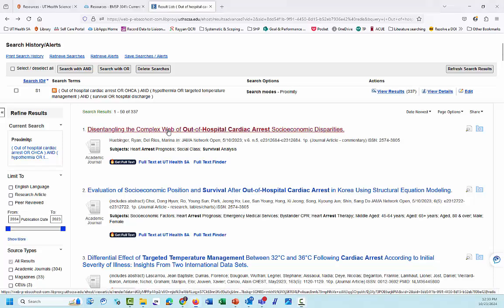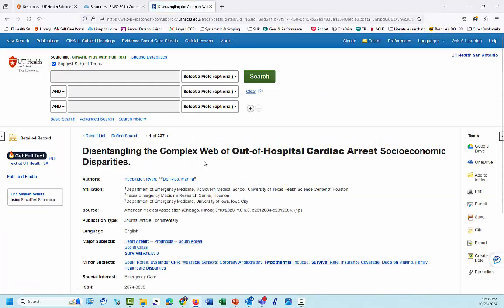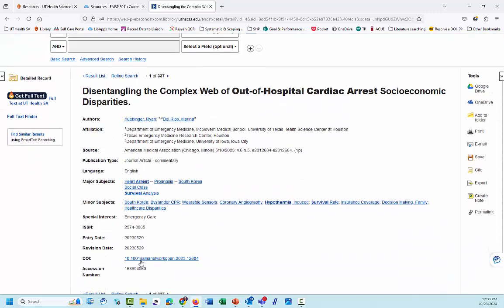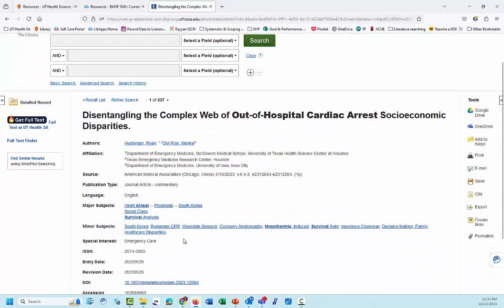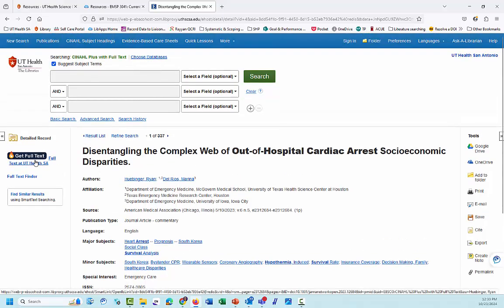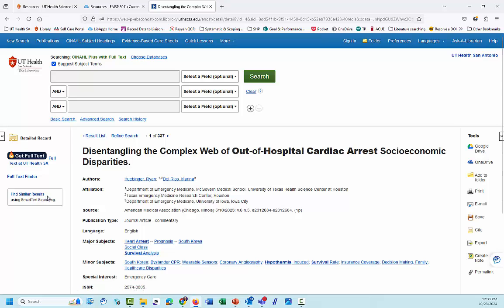If you click on a title to see the abstract view here, or article view, you can see authors, publication type, source, usually the title of the journal, and then you'll see there's major subjects here. So that's similar to PubMed, where you can click on one of these and it'll search CINAHL for that subject. The DOI is usually listed here towards the bottom. And then again, you can click the full text over here on the left. There's a feature called Find Similar Results, which is similar to the PubMed Find Similar Articles. So if we go back to the results list,